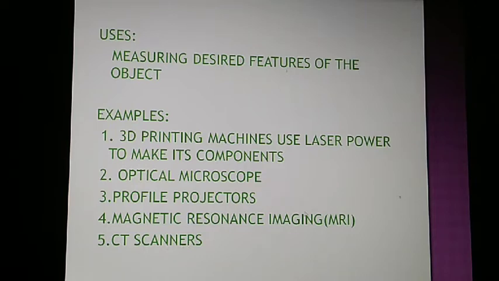This magnetic resonance imaging, that is the MRI systems, and the CT scanners are used in medical and hospitals to check accidental injuries of the bones, where the injury has taken place, and to get a perfect and accurate image. So these two systems are used, and they are the most accurate and perfect, hence they are used in medical applications, and are also widely used these days.